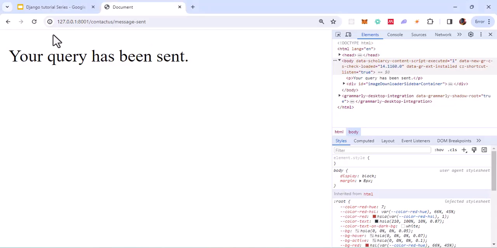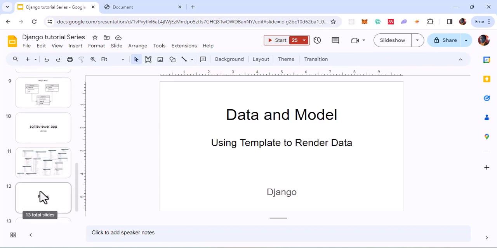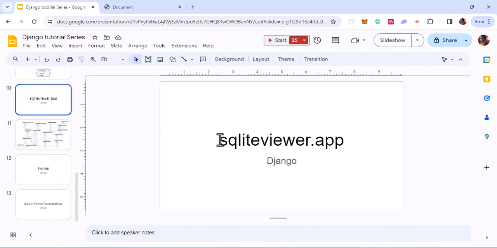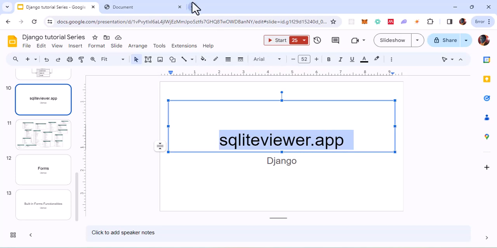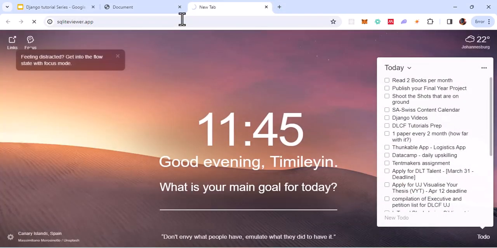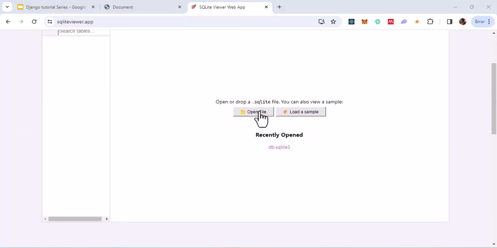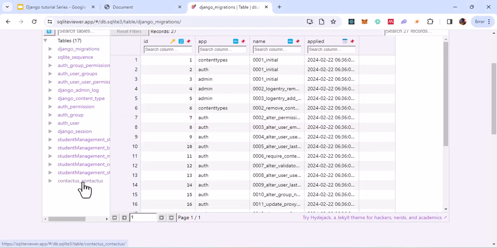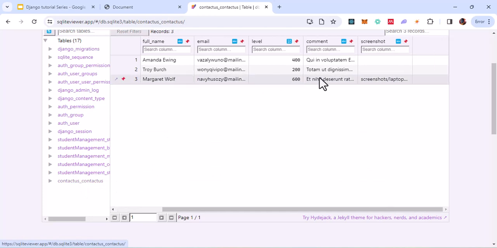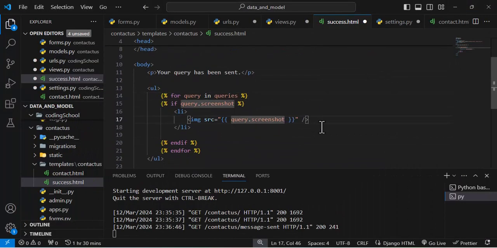Let's come back to our slide and check the URL to check our database. You realize that instead of the model uploading the image, you can see screenshot is holding the URL where the image was saved. So I will come in here and say screenshot.url. If I save now,